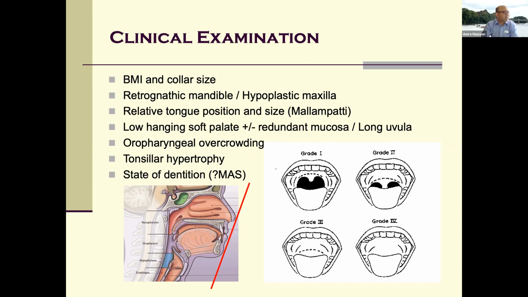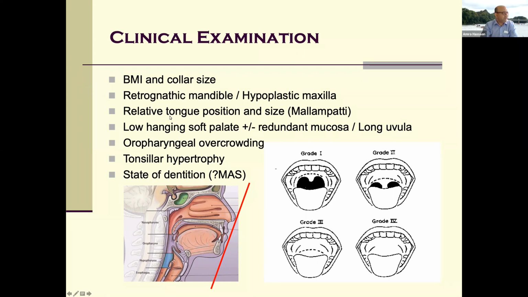Again, looking at the patient, if they've got a retrognathia, meaning their mandible is retracted, then that can be a point for concern because it can suggest that the tongue is more likely to flop back into the throat. And here is a line. I usually use a tongue depressor, if you can see my mouse, to place along that red line. If everything meets, the nose meets the lips, meets the chin, then you're okay. If the nose meets the lip, but the chin is further back, that's an indication of retrognathia.